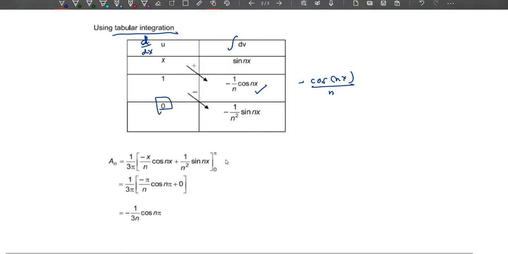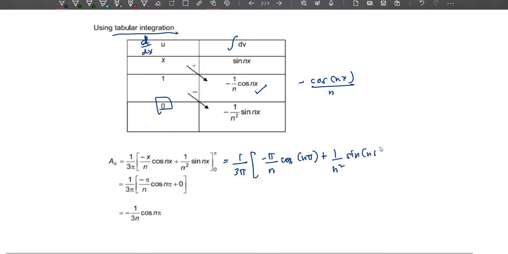Okay, I would prefer for you to write things in detail so that you understand what you do actually. Okay, so this one will be 1 over 3 pi, open the bracket. Okay, substitute the value of pi first. So it will be negative pi over n cos n pi plus 1 over n squared